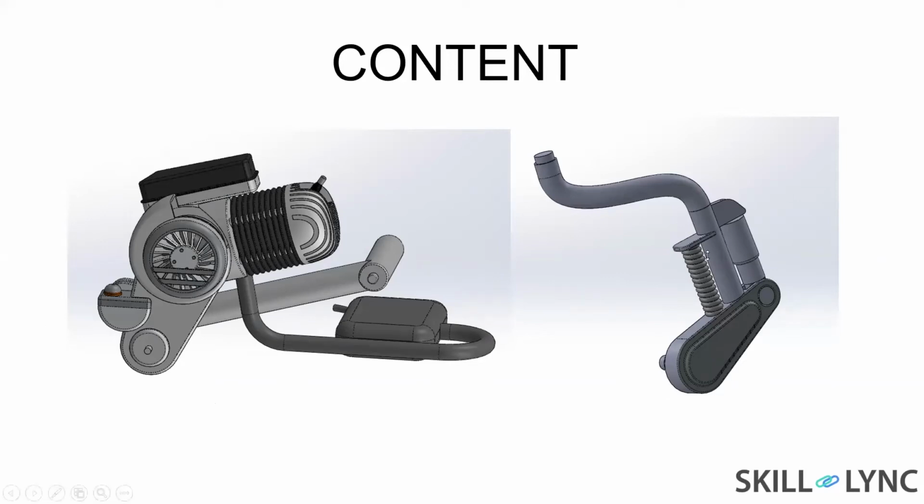Here is the front suspension portion, and this is the frame that connects the handlebar and the axis, and this portion comes under the front fender. So this is not visible, but the spring and the shock absorber are visible. Here is the axis for the front wheel.